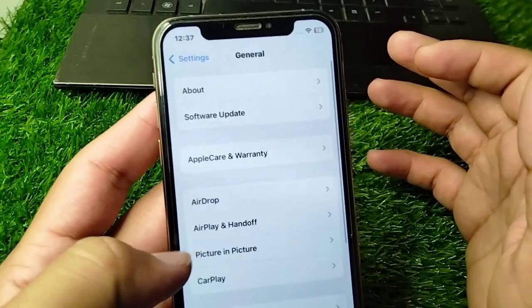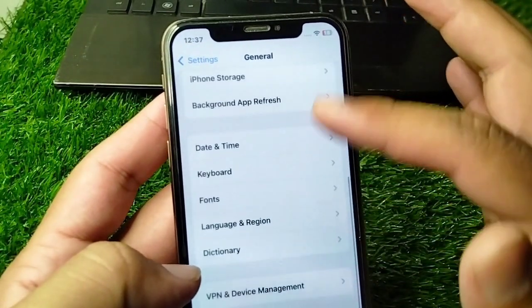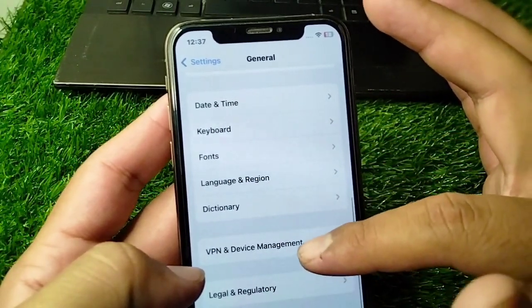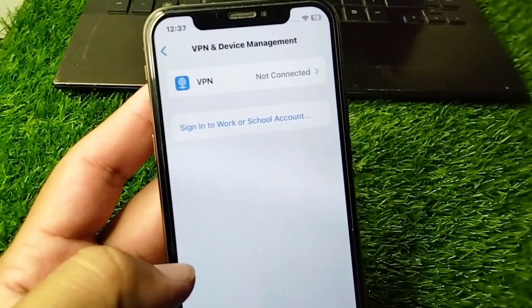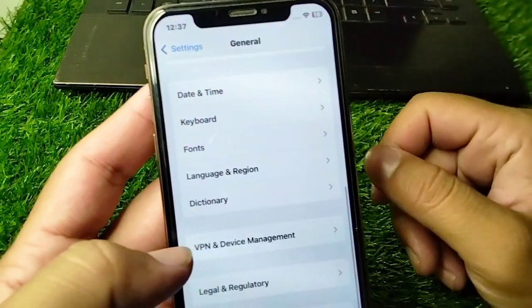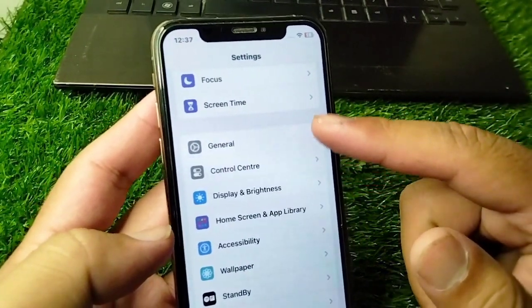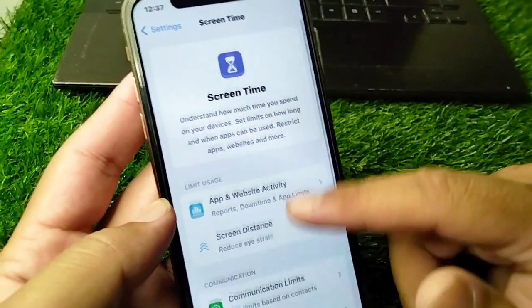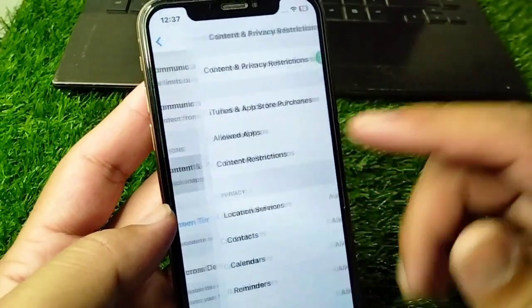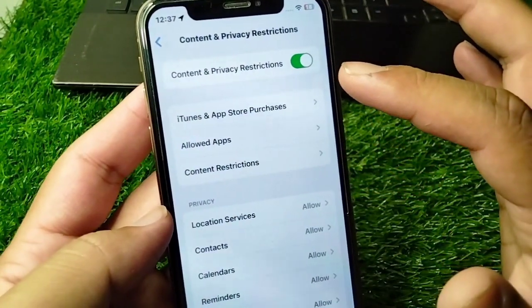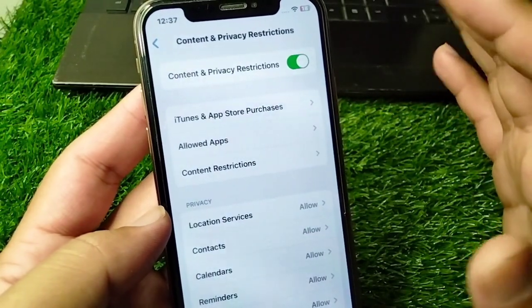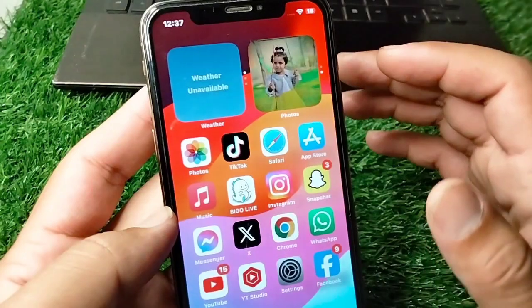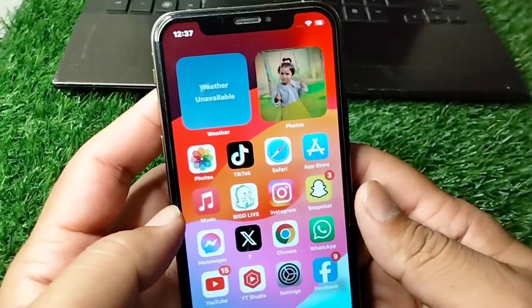After this, go back and now scroll down and tap on VPN and Device Management and make sure that there is no connected VPN in your device. So guys, do this, and after this go back and now you have to tap on Screen Time, scroll down and tap on Content and Privacy Restrictions and turn off the toggle for Content and Privacy Restrictions on your device. So guys, do this and check if the problem is fixed or not,